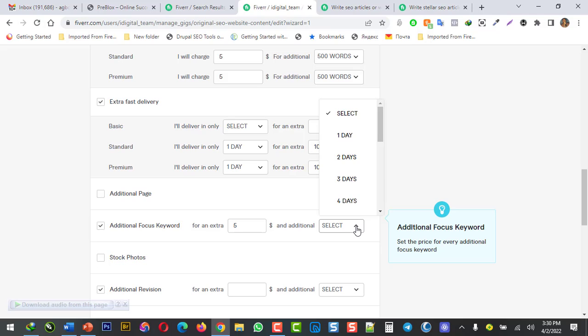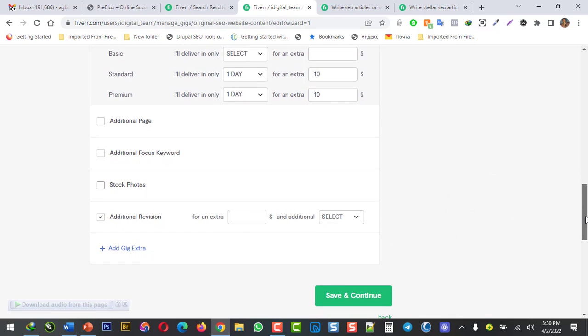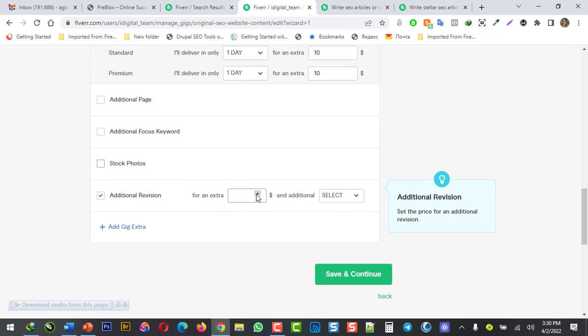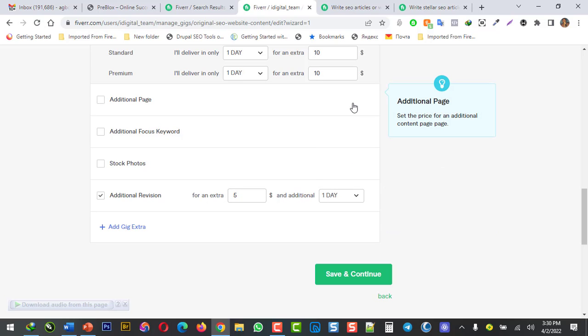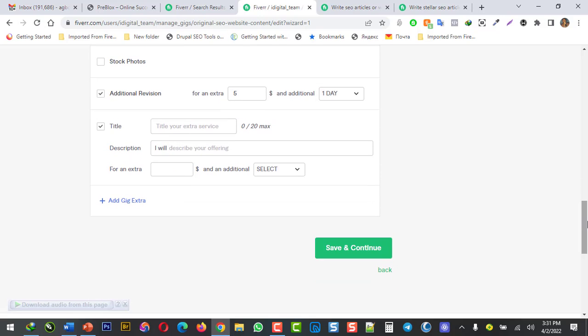And then, no, let's leave this. Now stock photos, if you're including, I use Getty image, no. And then scroll down, additional revision for extra words, $5 and additional 1 day. So this is it. You can add more gig extras here. You can add a gig extra and then say I will maximum words, I will